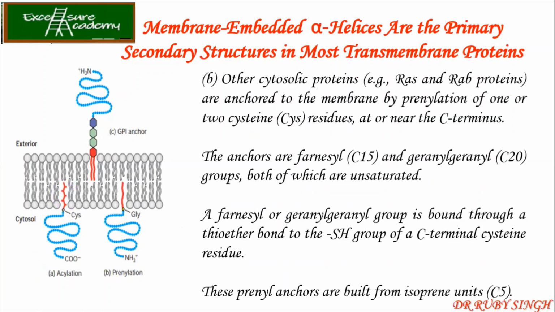Then we have the cytosolic proteins, RAS and RAP. This is again in your cell cycle, and this is prenylation. In the case of prenylation, over here the mistake is there. The glycine has to be here and cysteine has to be here. There's a printing mistake in the book. In the case of cytosolic proteins, for example RAS and RAP, you have cysteine residues to which the lipid is attached. The lipids over here are the farnesyl and the geranyl. There it was palmitate and myristate; in the case of RAS and RAP, it is farnesyl and geranyl lipids, both of which are unsaturated. If you remember this much, it is more than enough.